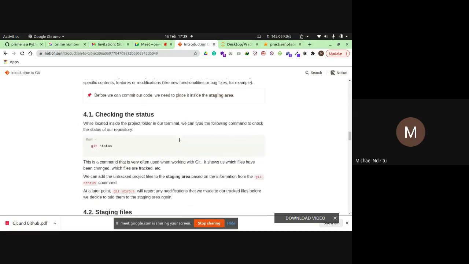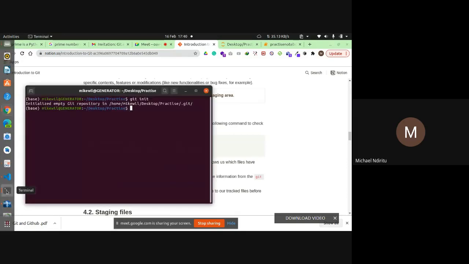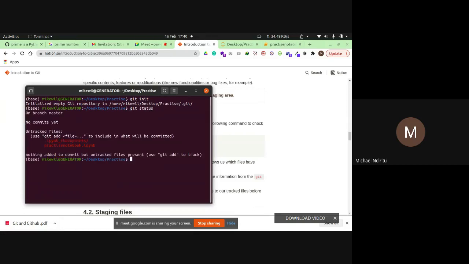You're going to type git status in the same command line where you had typed git init. Let's type git status, and you can see we are on branch master. But on newer versions of Git, it's going to be called main or another name.